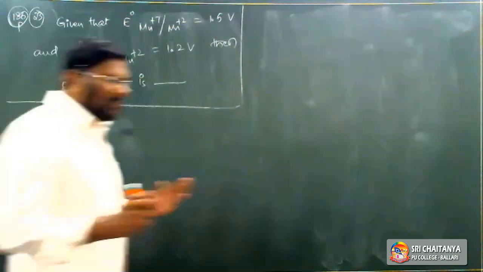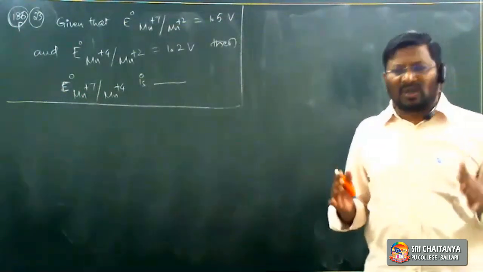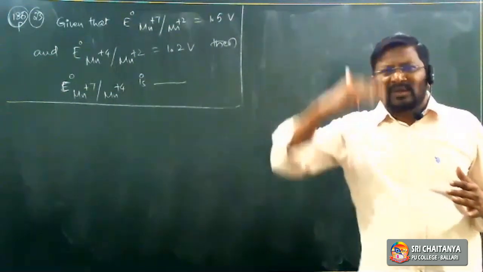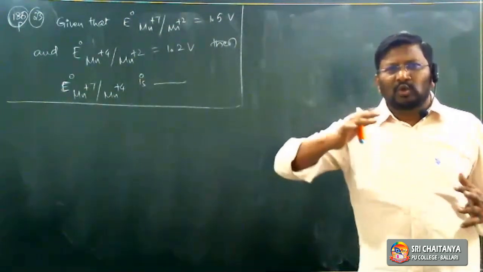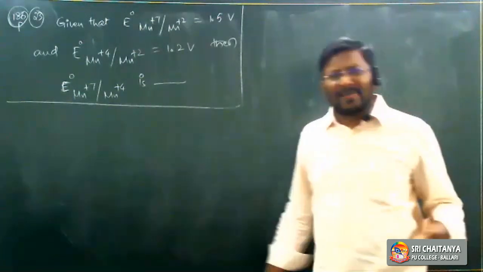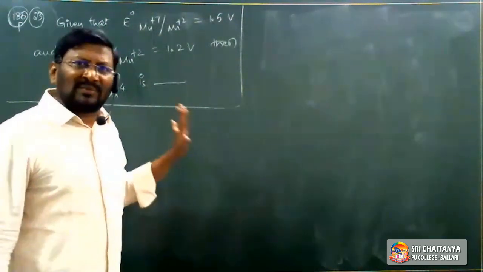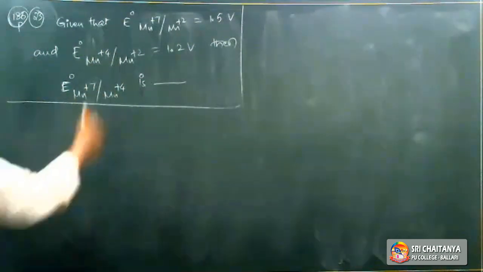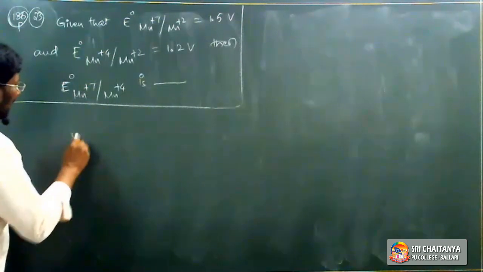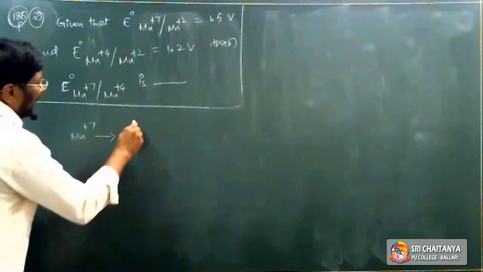So therefore now, here in the first PUC thermodynamics chapter, in the chemical energetics part, there the equations adding, subtraction, that kind of concept we have to apply here. So let us take them. Let me write down all the changes. From that you will come to know. See now, the first one, this change. See, the change is like this: Mn7+ to Mn2+.